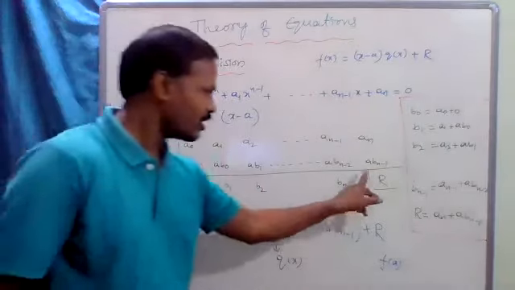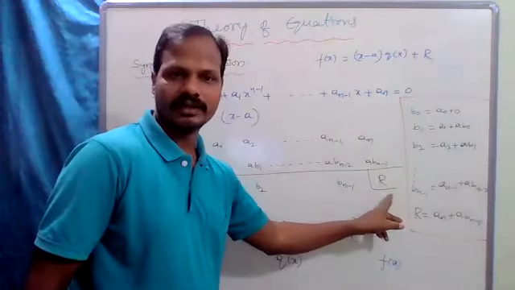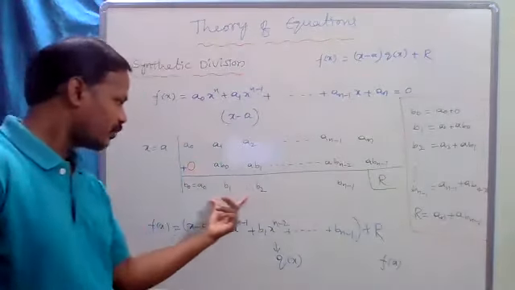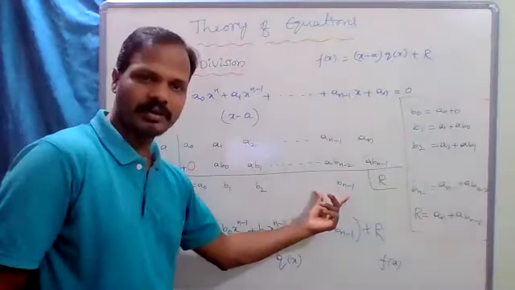Fine. So the last thing you get is a remainder, and the polynomial formed with these coefficients is the quotient. Okay, so I will give one example, then it may be clear to each and everybody. Here, one more point.